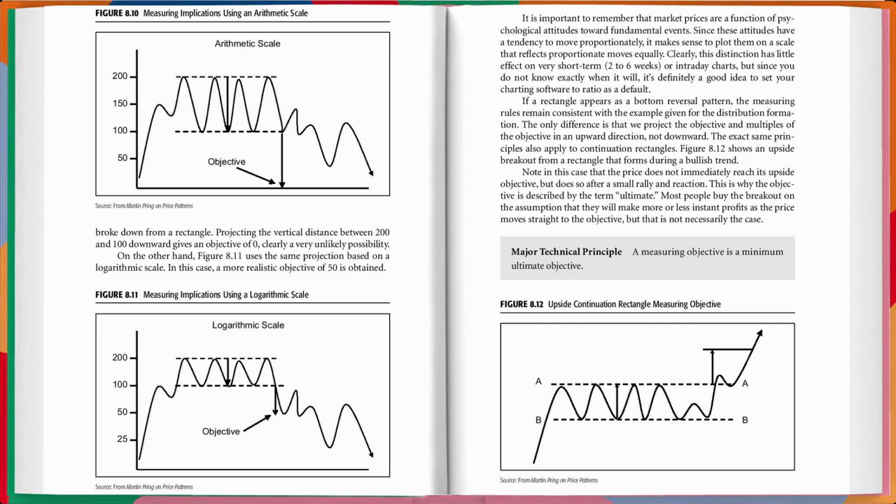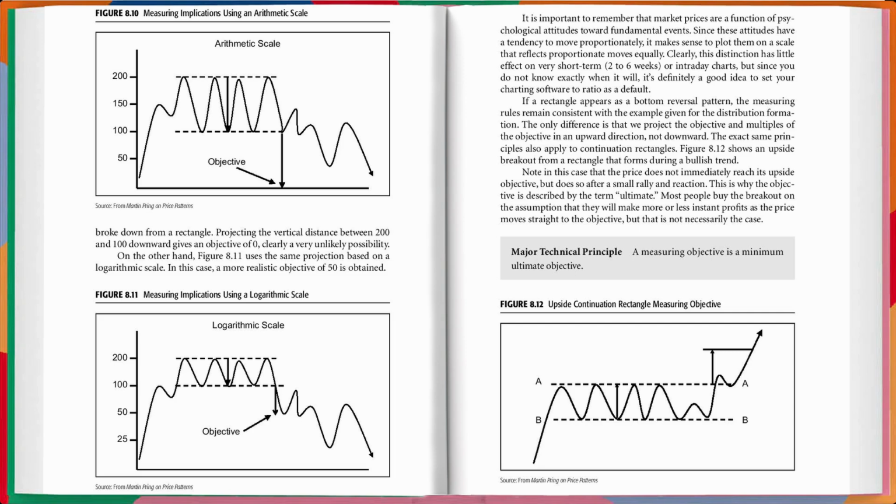Since these attitudes have a tendency to move proportionately, it makes sense to plot them on a scale that reflects proportionate moves equally. Clearly, this distinction has little effect on very short-term, 2 to 6 weeks or intraday charts, but since you do not know exactly when it will, it's definitely a good idea to set your charting software to ratio as a default. If a rectangle appears as a bottom reversal pattern, the measuring rules remain consistent with the